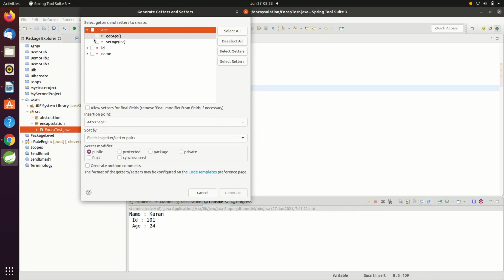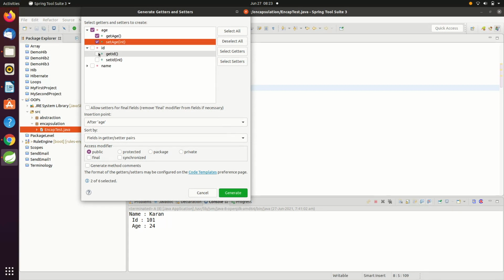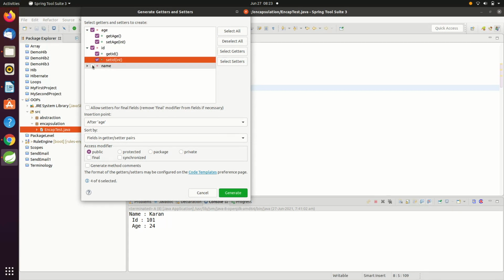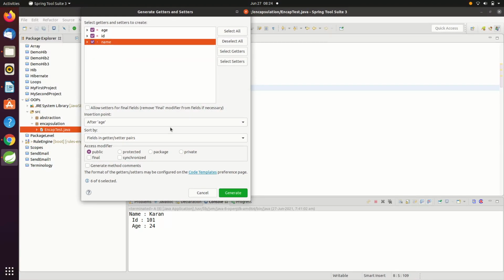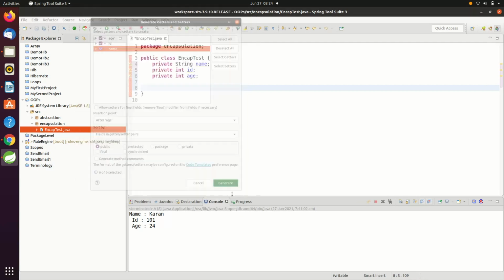You have options whether you want getter or setter. I want all the getters and setters for age, id and name, and I have clicked on the checkbox. Now I will click on generate.